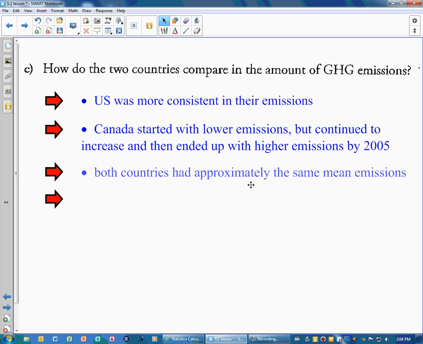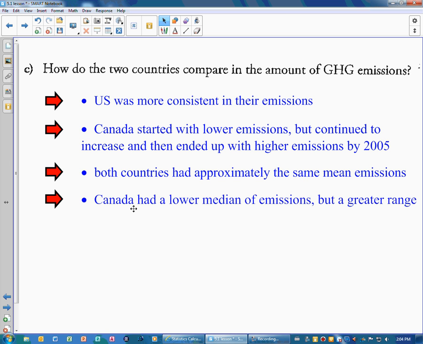It said both countries had approximately the same mean. In fact, we had exactly the same mean. Canada had a lower median, but a greater range. So, I don't know, what could you say about who is doing better in terms of controlling their greenhouse gas emissions? But the data can at least help you